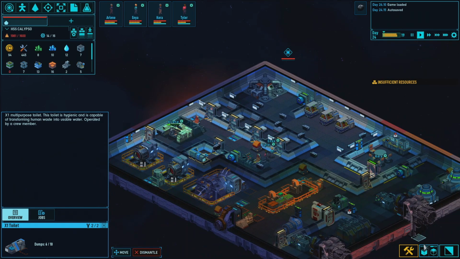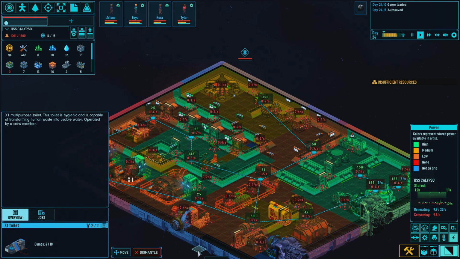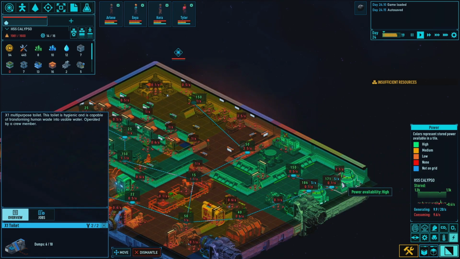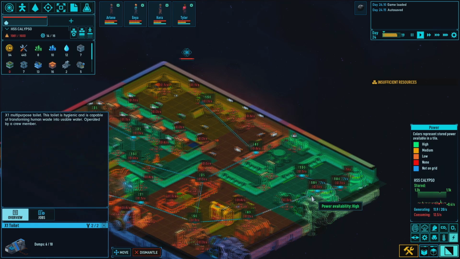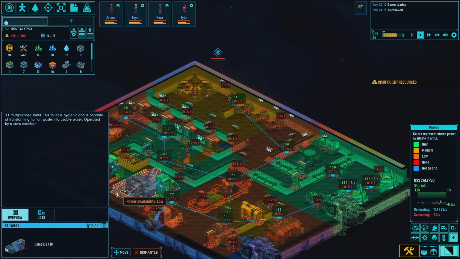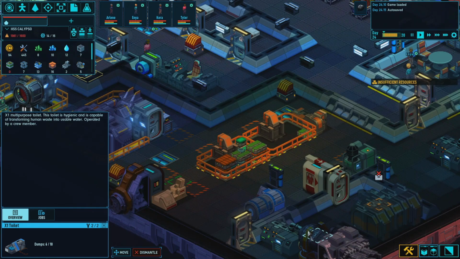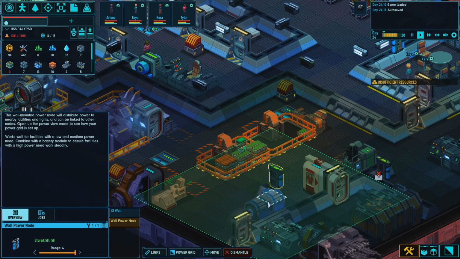Power is something that you need to worry about. Power I don't 100% understand yet. Here's my two power generators here, and then you can see, I guess this is power coursing through the system. I don't know how to get it to just show the power grid and nothing else, but you build like this thing here